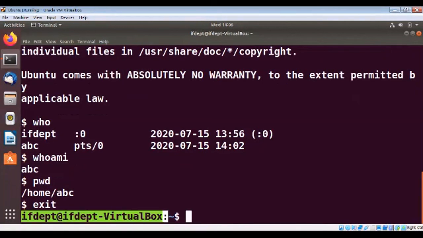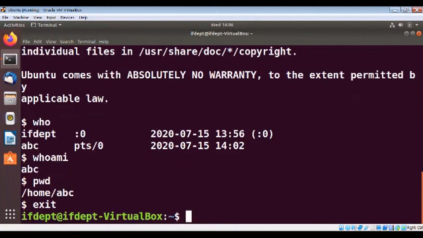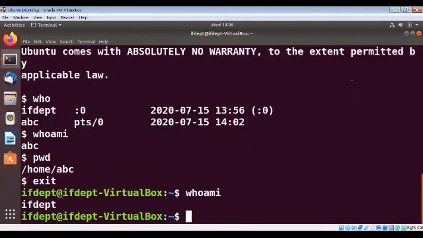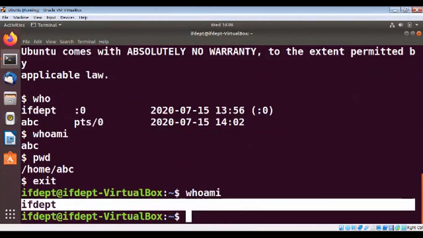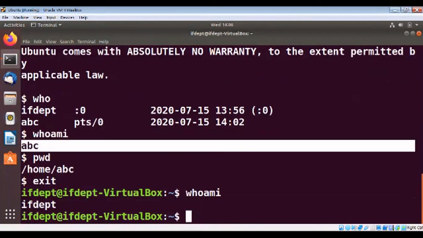Why? Because I have logged out from ABC to IFDPT. Now suppose I want to know who the current user is, so I will use the command whoami. Let us see the output. See here, the output is IFDPT, isn't it? Earlier when I was in the ABC login, my output was ABC.